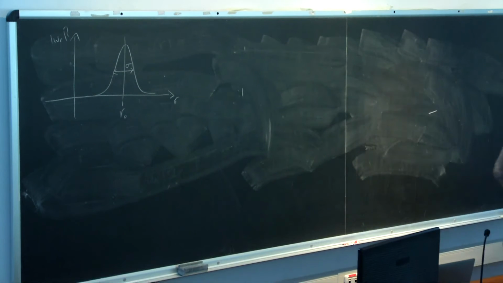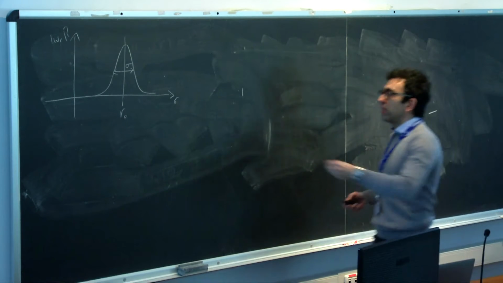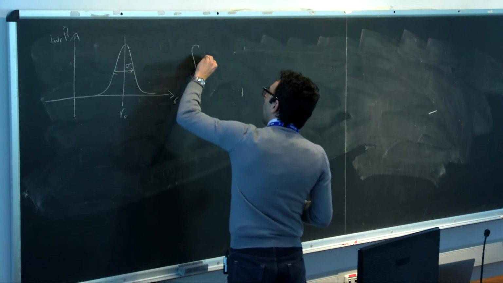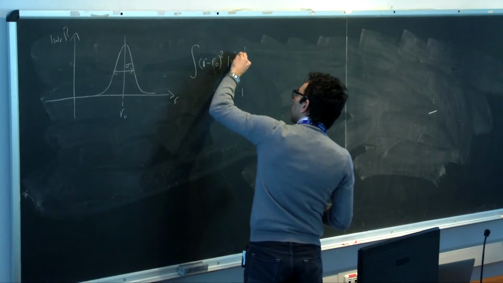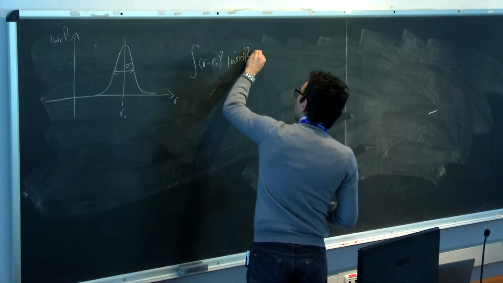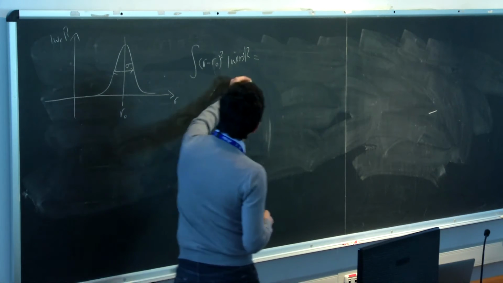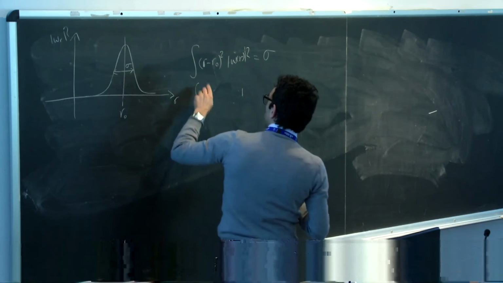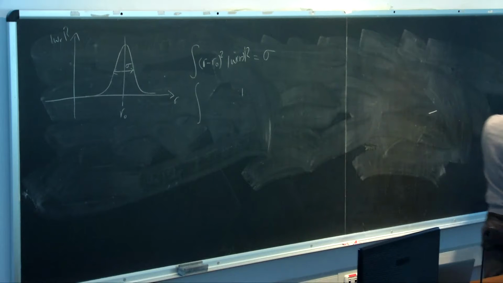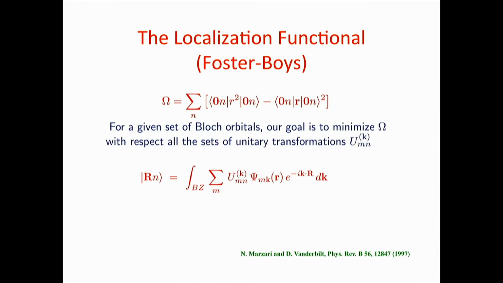If you compute this quantity, it is nothing else than integrating (R minus R0) squared times the square modulus of the Wannier function. And you see that if this is normalized, this is nothing else than sigma. The second term, you can easily see, is basically the sigma, and the term which is squared inside is nothing else than R